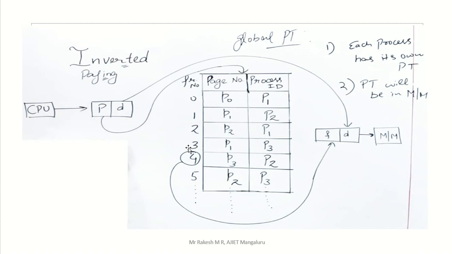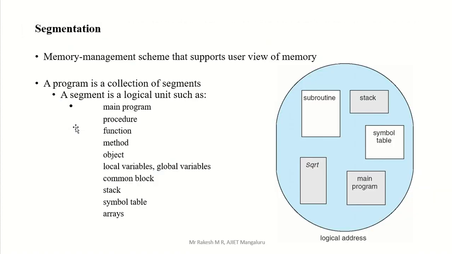In main memory, frame number 3 means 3, or 4 means 4, whichever you want, that frame number plus the offset. The offset means the size of your page or the size of your frame, both are the same actually. That's why here it is D and D. That is added, and that acts as a physical address, and that is sent to your main memory. The corresponding page we are going to capture and send to the CPU, not we, the OS will send. Then the CPU will execute that. This is the process of inverted paging.